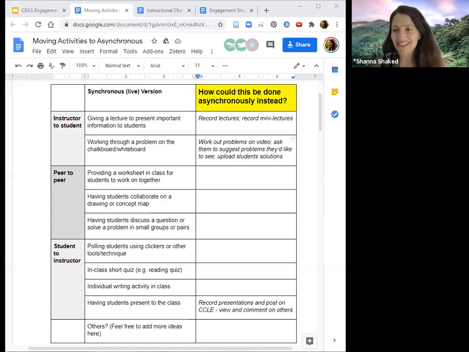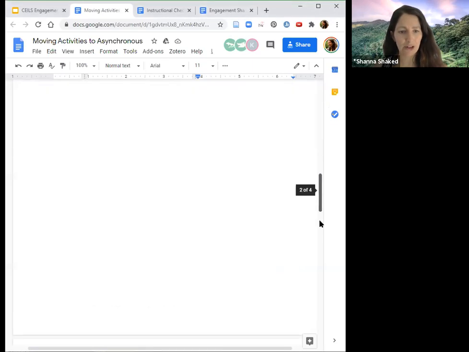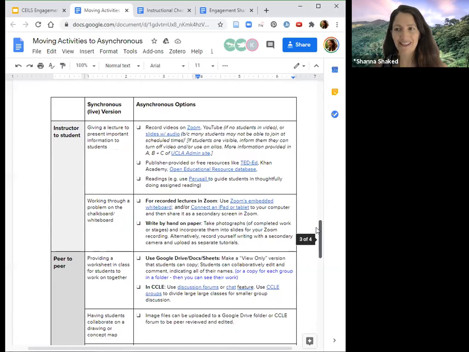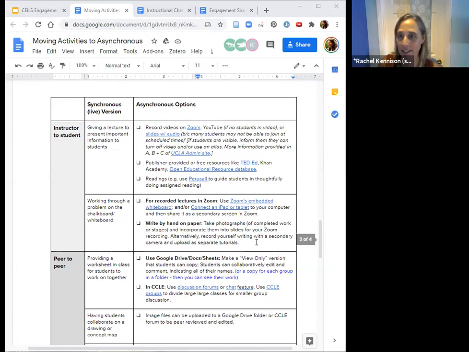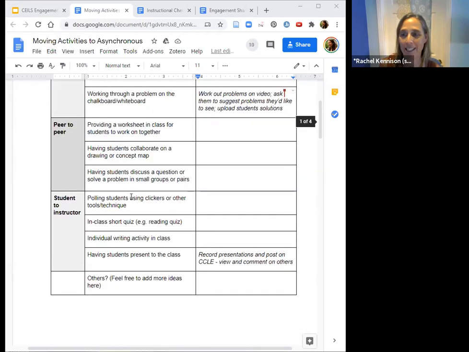I'm also seeing that wait time works. A lot of people are sharing a lot of other ideas in the Google Doc. I'm going to let my co-facilitators read through that and let me know if I should comment on any of it. I'll also share this doc, and we have an answer key down below with asynchronous options for anybody who's interested. For everything we had up there, there are asynchronous options, is what we want to help you all realize. And there are some really interesting ideas in the chat. Karina talks about using an interactive video activity, which seems like a really neat idea.